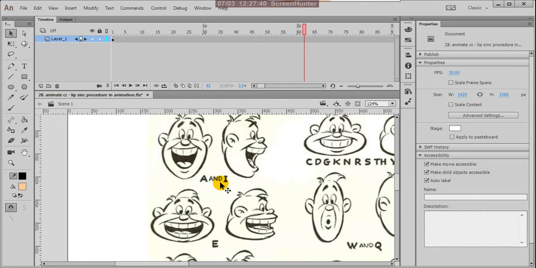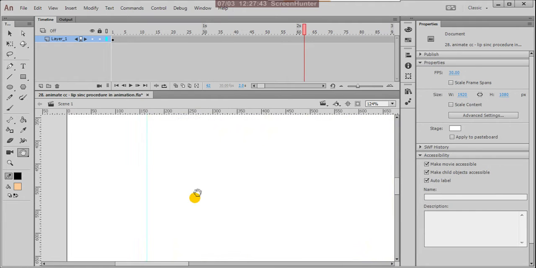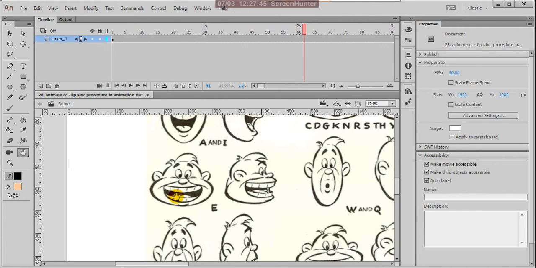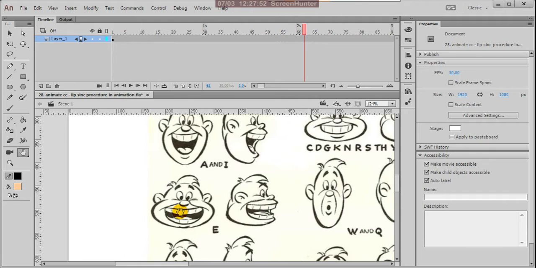But here, when you say E, it is widely extending your mouth horizontally, because the muscle here is squashing. E is not extending more at the upper area, that means in a vertical position it is not extending that much, but widely in a horizontal way it is extending more.